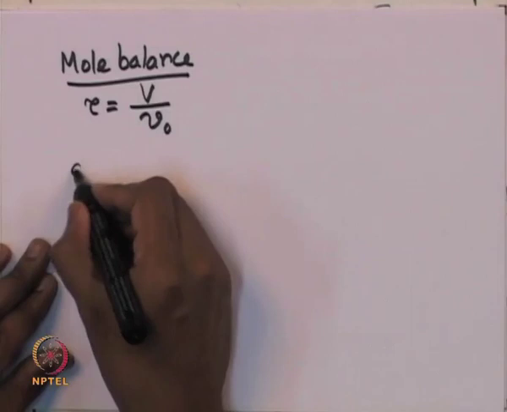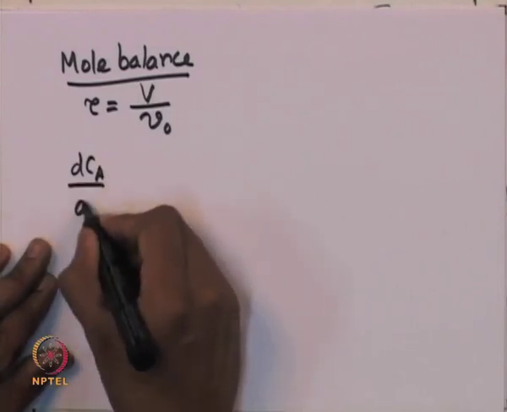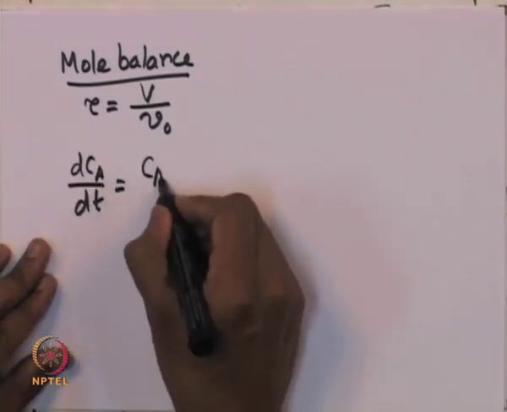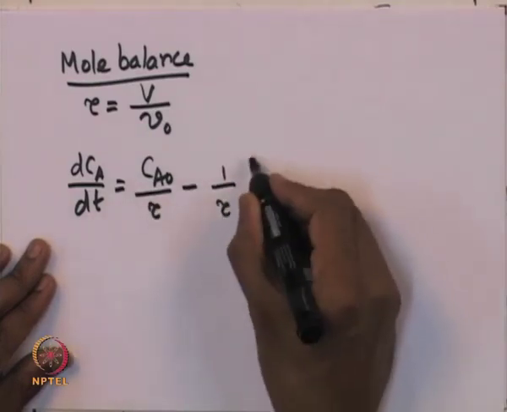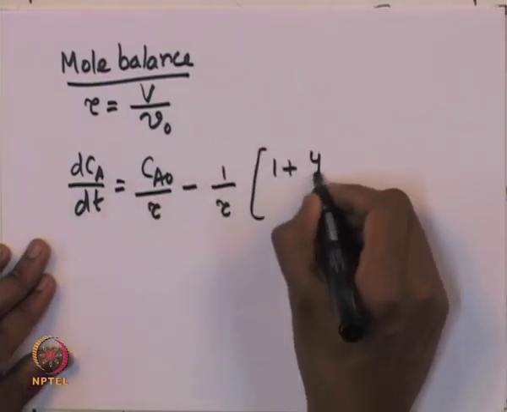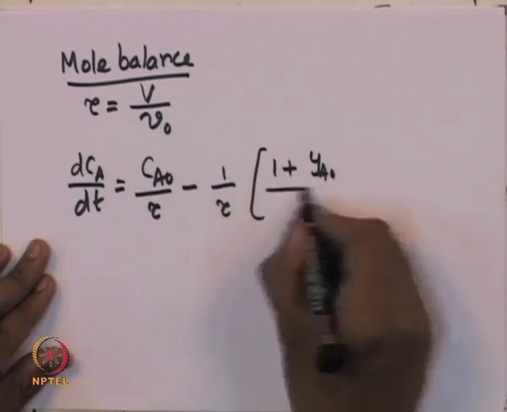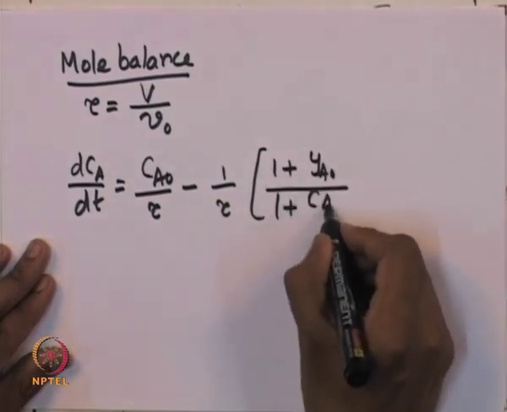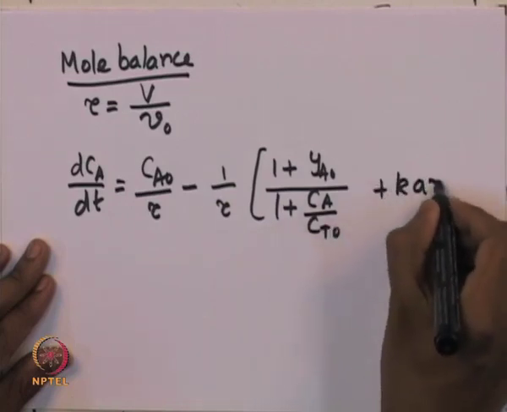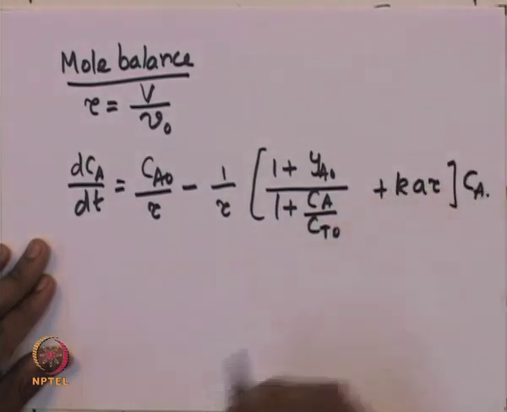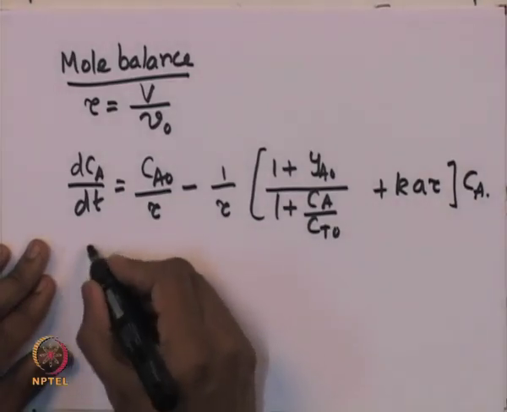And so, the mole balance will be dCA by dt, that is equal to Ca naught by tau minus 1 by tau into 1 plus Ya naught divided by 1 plus Ca by Ct naught plus K into A into tau into Ca. And the activity is given by